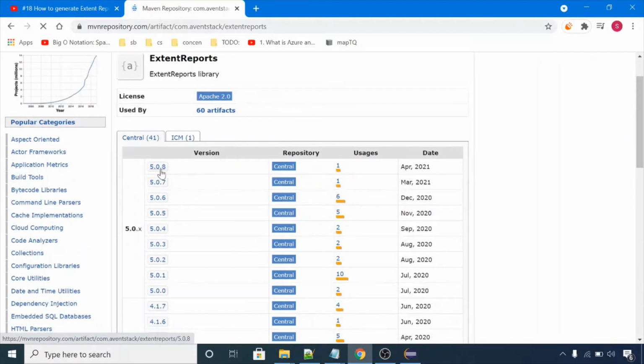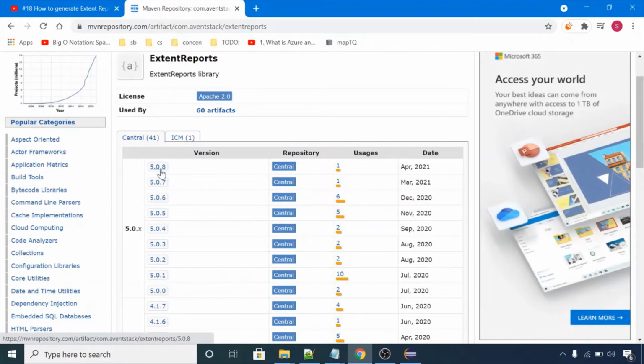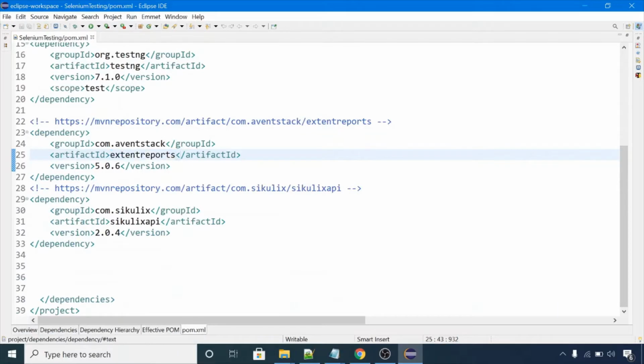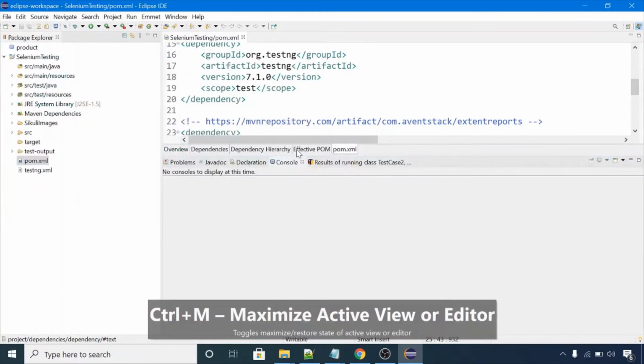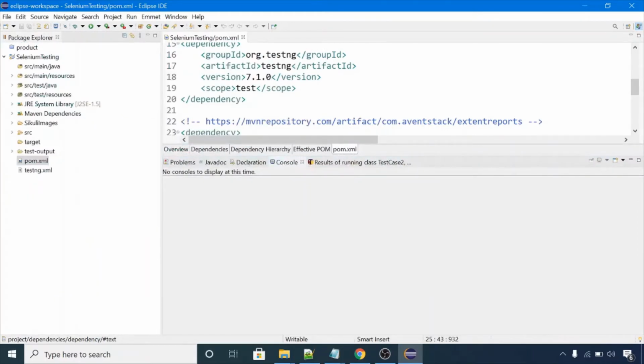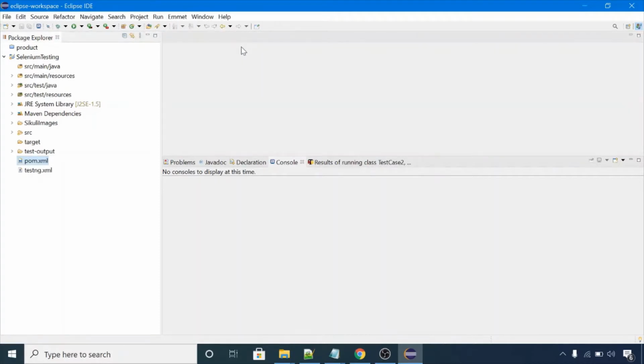This is the 5.0.8 latest version. This was already configured in the last video, so we will proceed with the question of how to use Extent Reports with multiple classes. We have the POM dependency added. If you don't have that, you can watch my previous video. Now let's switch to the configuration part and how to use it.